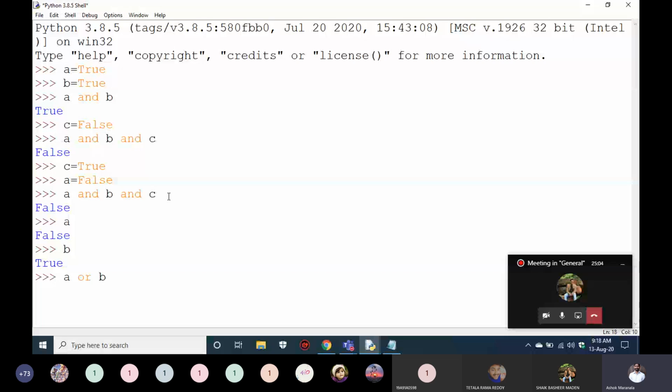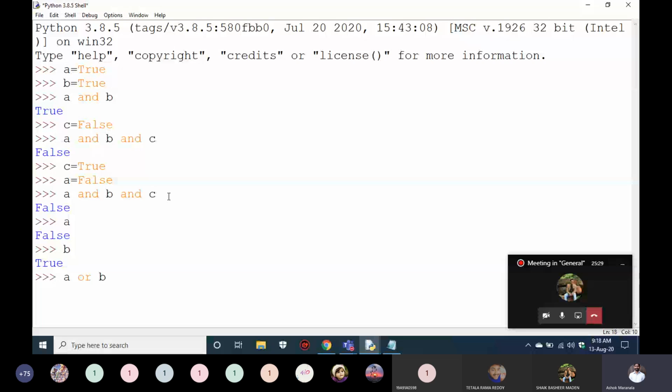it goes to the next statement, right? It doesn't break. Even though the first statement is False, it goes to the second statement and it is checked. That means or is searching for whether any one of them is True or not. Or will search to see if it finds at least one True. If it finds one True, then it will break there and give True.